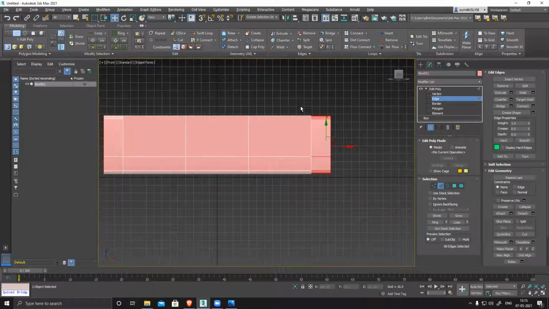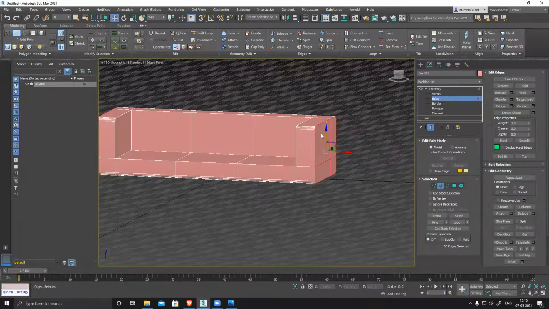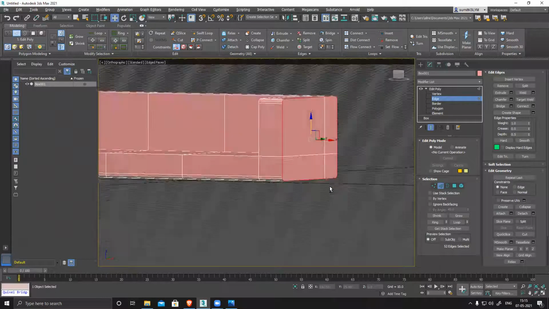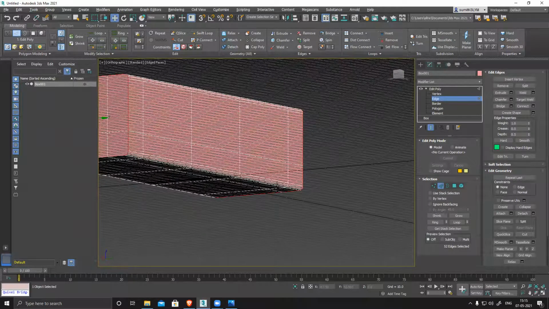Front, alt deselect. So it will automatically leave this back edge border and remove all this in between, anything unwanted.